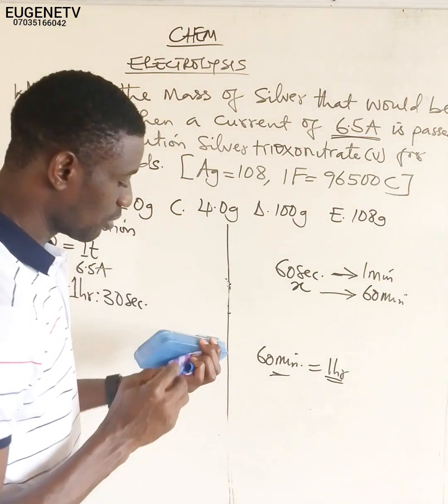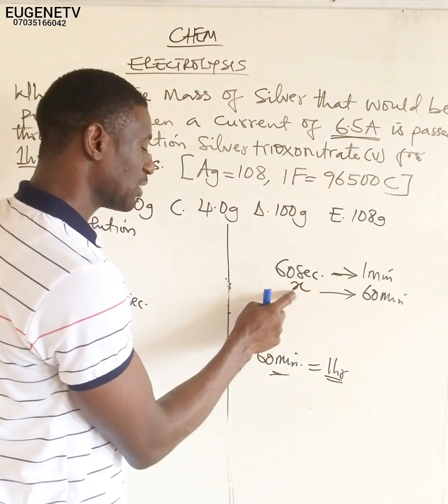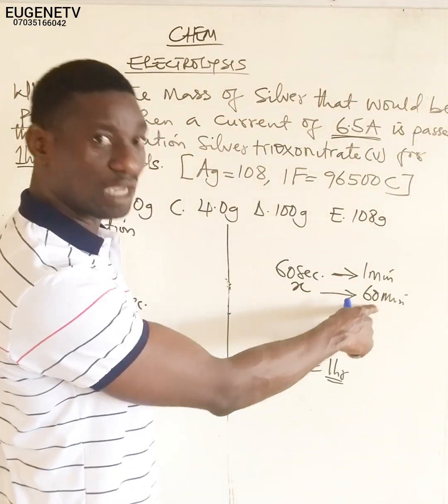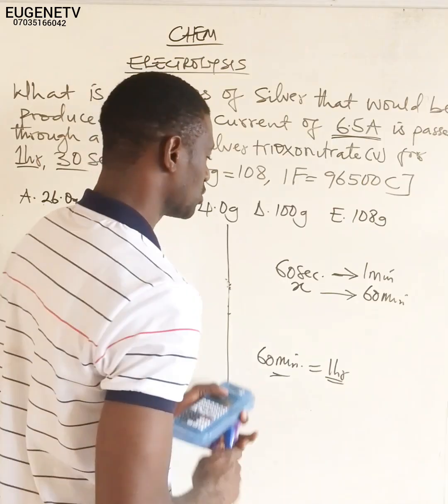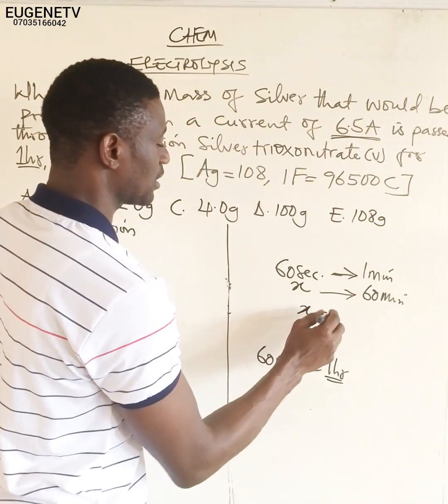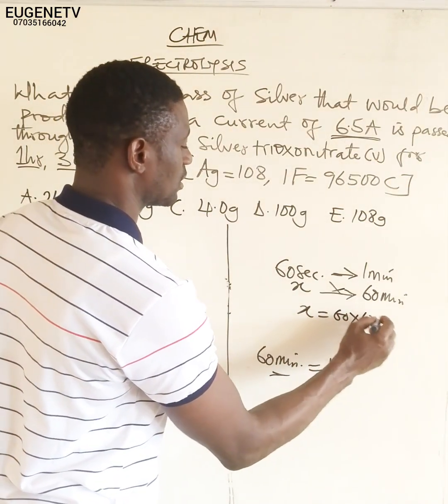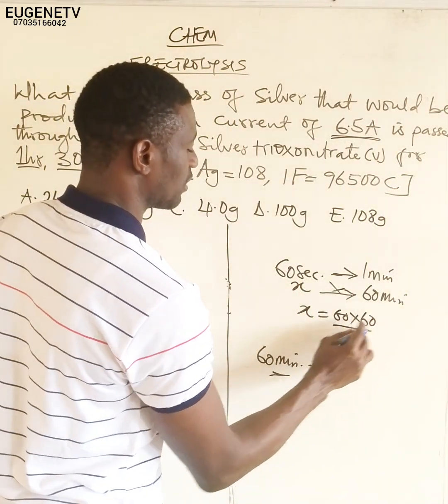Let me say that again. We already know that 60 seconds is equal to 1 minute. Now, how many seconds are going to be there in 60 minutes, which is equivalent to 1 hour? Alright, so we cross multiply. If we don't know, we'll make it the subject of the formula, x. So we cross multiply: 60 times 60, divided by 1, is going to give